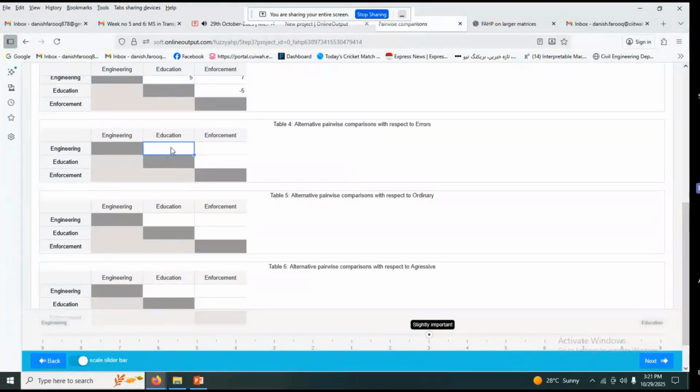So it's about misunderstanding, that if someone doesn't measure the distance correctly, then it's not his fault, but it's his mistake. So the engineering solution can be more effective in this case. In case of between engineering and enforcement,